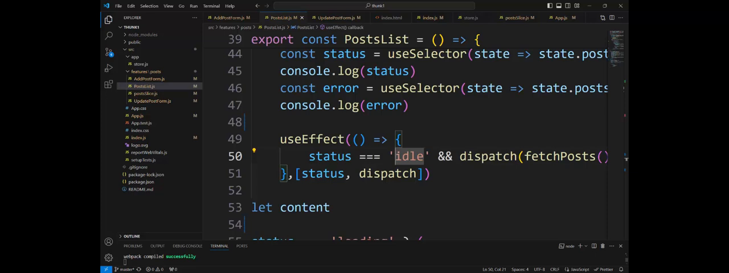When status is fulfilled, we have a post list. But it is okay, it depends on status. If status doesn't change, the useEffect would not activate. And the dispatch also,